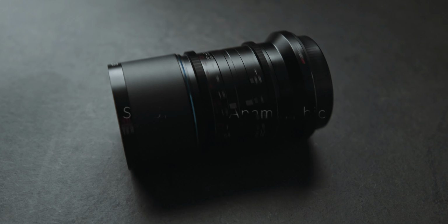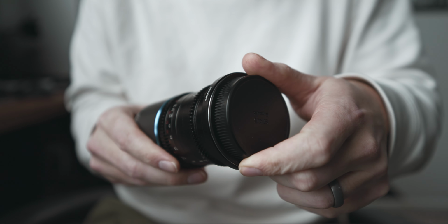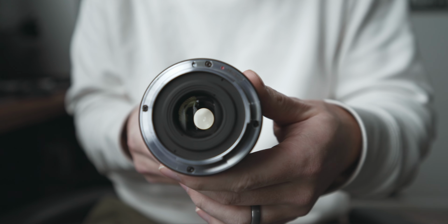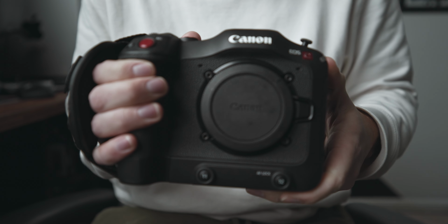Now, when I got this lens, I actually got it before I ever even knew I was going to be getting a DJI Ronin 4D. So unfortunately, I got the RF version. So I'm not going to be able to currently show you what it looks like on the 4D, but I would love to do a follow-up video if I can get a new back mount to swap the RF to DL. I don't know if that's fully possible, waiting to hear back,